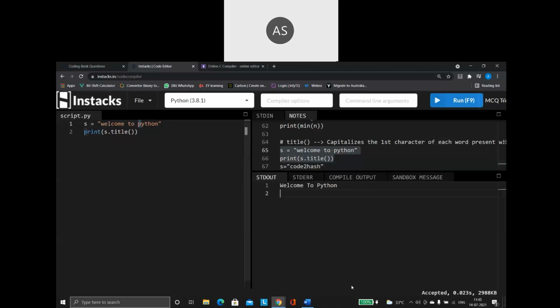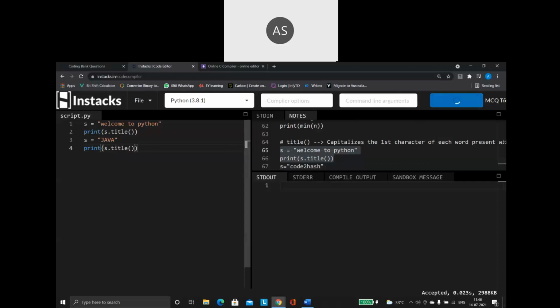See how it is. This is my string which says welcome to Python. Everything is in small case. Here when I print it, I'm saying s dot title. So what happens? W, T and P are converted to upper case. Suppose, say for example, this is my string. So I'm saying s is equal to, now when I'm saying print s dot title.